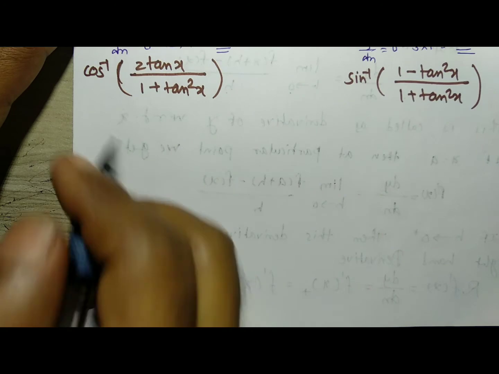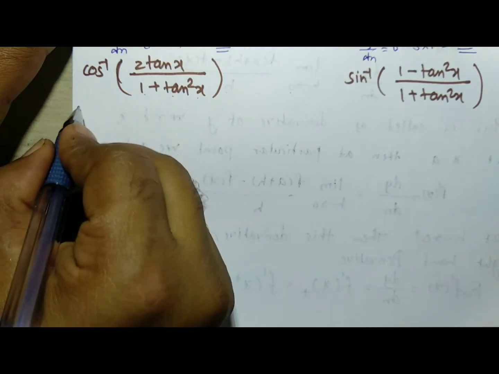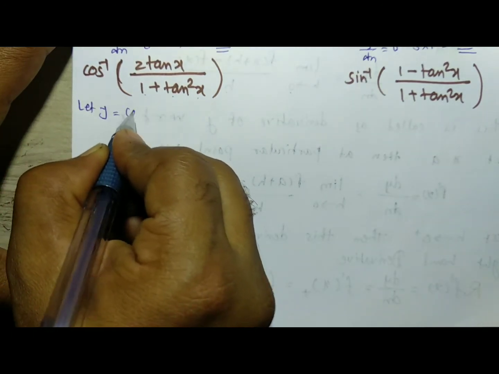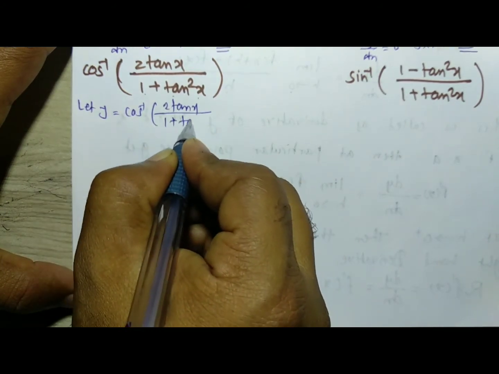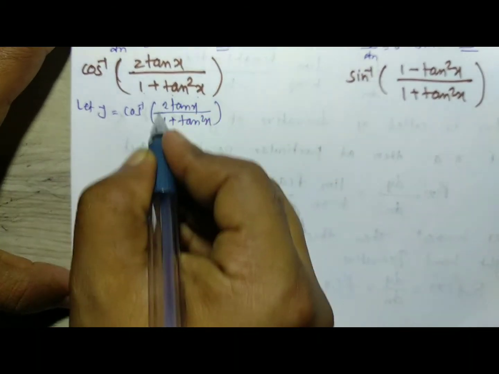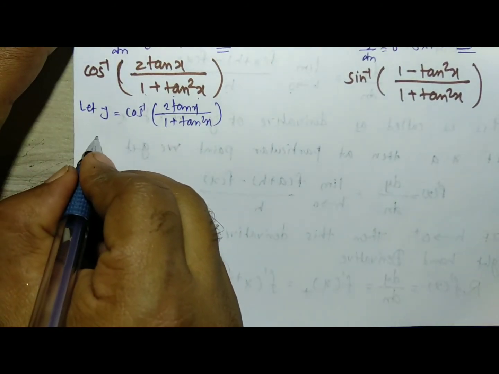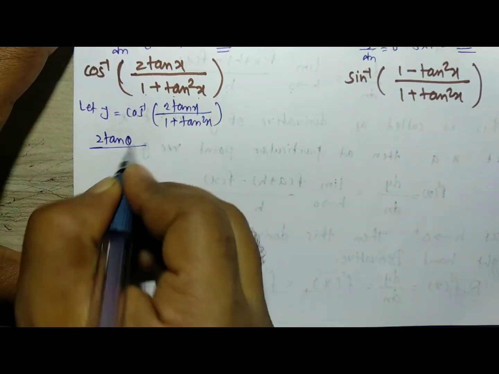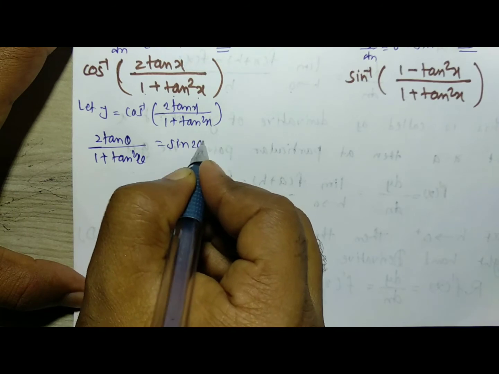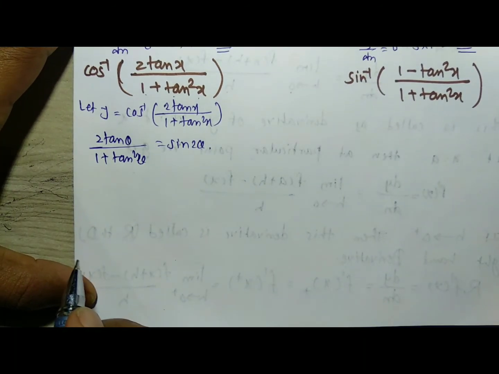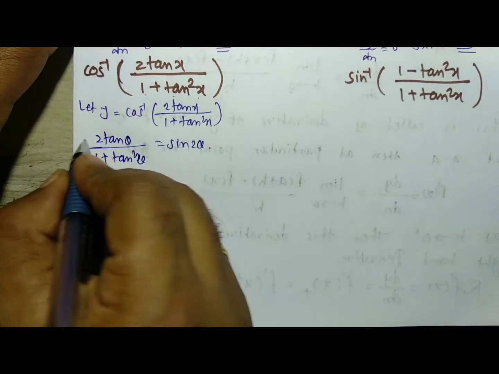Now you will get the consideration of cos inverse 2 tan x divided by 1 plus tan square x. Let y is equal to cos inverse 2 tan x divided by 1 plus tan square x. Now you can think about that one. It is one formula, and this formula is nothing but 2 tan theta divided by 1 plus tan square theta, which is equal to sine 2 theta. By using this formula you get y is equal to